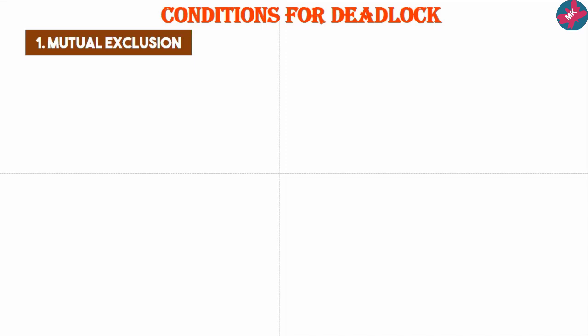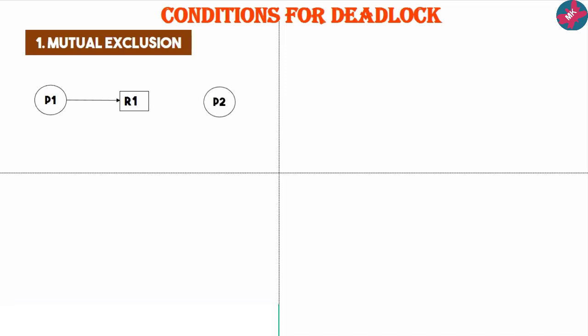So first condition is called the mutual exclusion. What do you mean by mutual exclusion? Suppose a process is there and it wants a particular resource. Resource could be anything: your CPU, your memory, your hard disk, your scanner or anything, right? So suppose a process P1 requires a resource, then if the resource is available, then that P1 will get